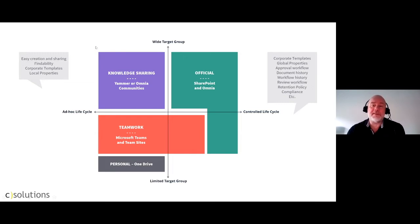But if we look at the documents that we will find on the right side, you can also see that it's easy to do quite a long list here regarding approval, templates, metadata, traceability, versioning, retention, archiving, and so forth. So this will of course also be reflected when we move forward now to look at some examples from the various